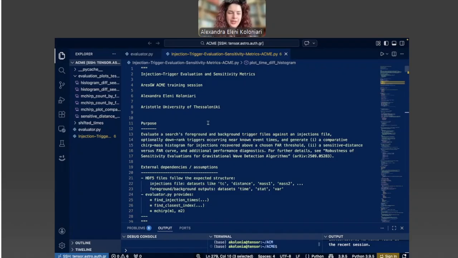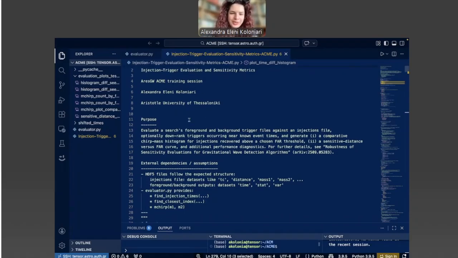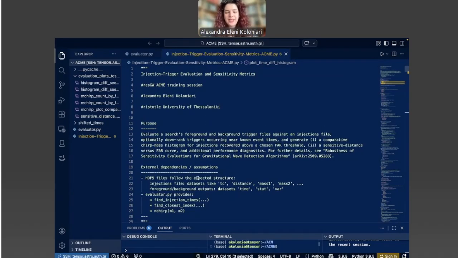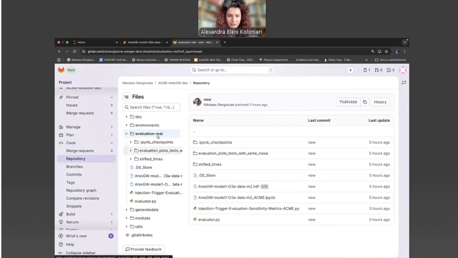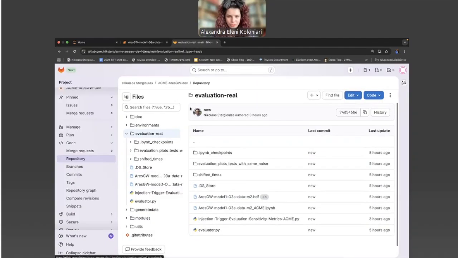Okay, so as I mentioned before, here we will do basically an injection study using two different test sets of a duration of 1 month. Those data sets that are used here are some of the data sets that were used in that specific publication, the one here. So this specific notebook is uploaded in the Git repository.